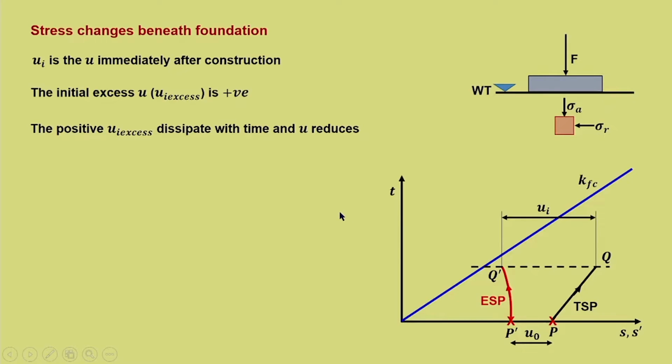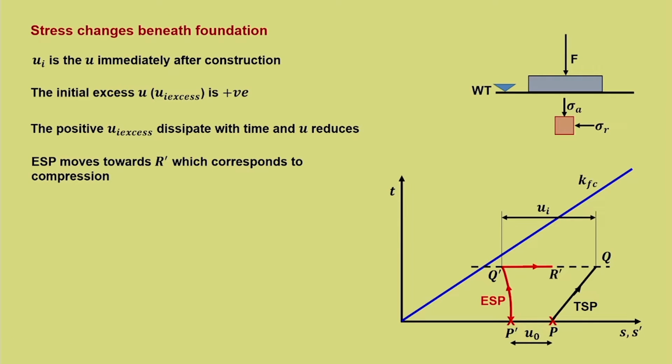Now, as time progresses, we know that the positive pore water pressure has to dissipate. After dissipation, U starts reducing. So, it will no longer be UI, it starts reducing. What is the implication of this reduction in U on ESP? This ESP moves towards R dash, which corresponds to compression of the soil mass. As the soil gets compressed because of dissipation of pore water pressure, it moves towards R dash, in this direction,